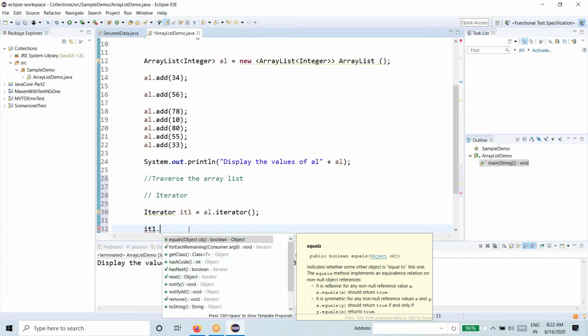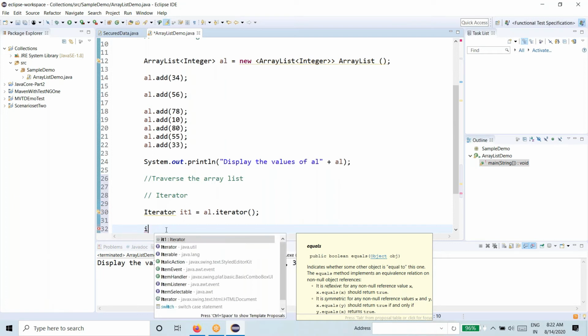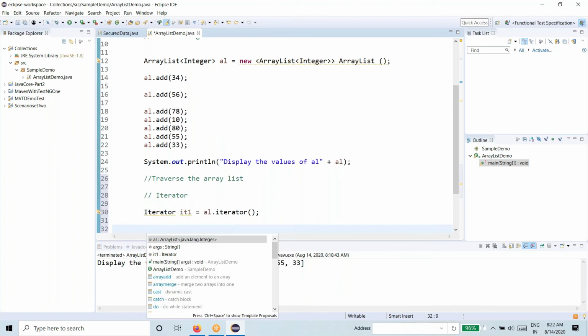Let us understand what this iterator is going to hold. It is going to hold all the elements of the ArrayList, which we need to traverse by using the variable called iterator. Now, to traverse the list by using iterator with a while loop, I need a conditional method and a method to print.